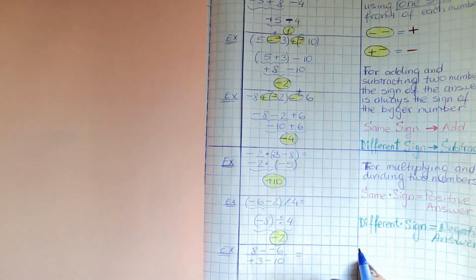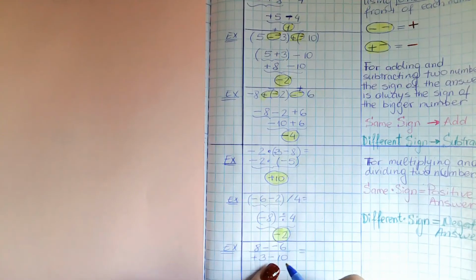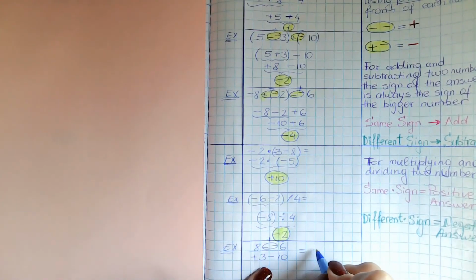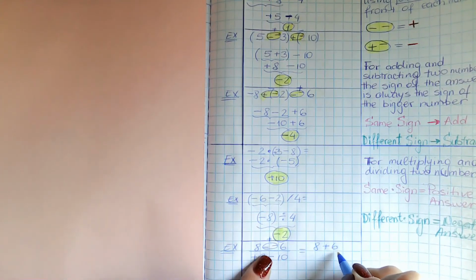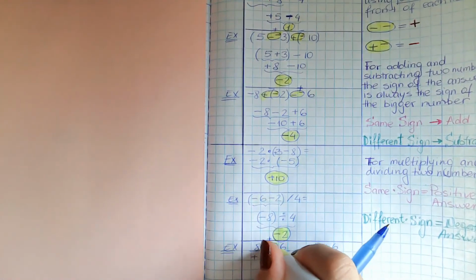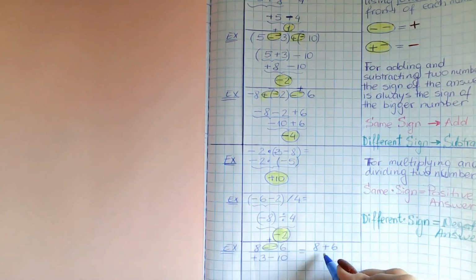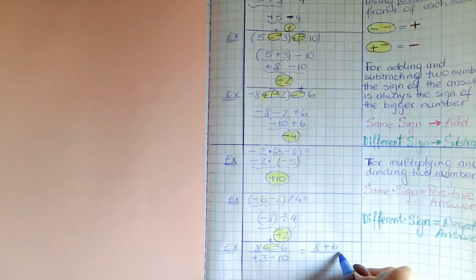Eight minus minus 6. Remember, double sign, replace to single. Replace to single, and that problem will look a lot better. So 8 plus 6. 8 plus 6 looks a lot better than this. So we want to make sure that if you see a double sign, replace it to single and rewrite the problem, simplified, over